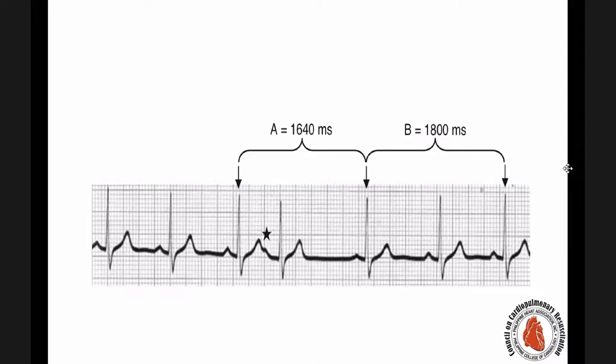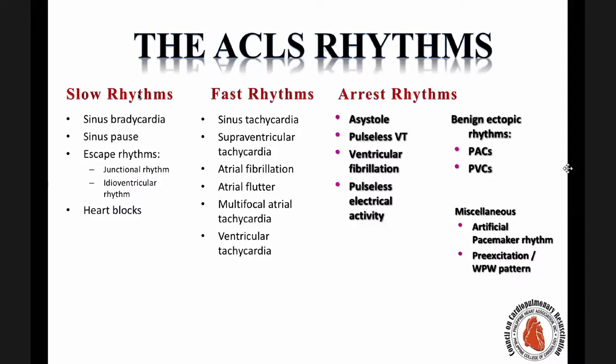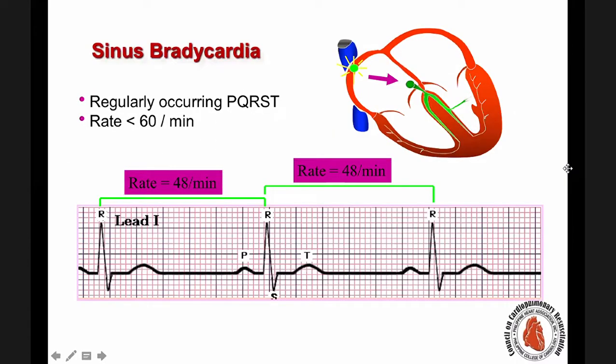Talk about. So today, our discussion is just slow rhythm. We already have talked about SA node, but the heart rate, it's regularly occurring, but the heart rate is just below 60. Okay. So